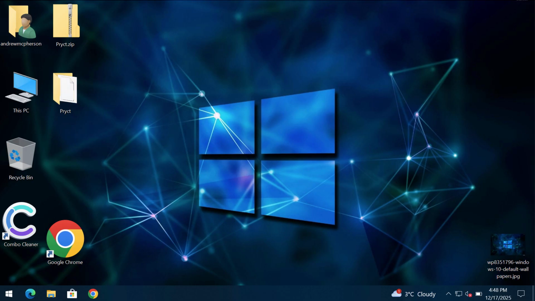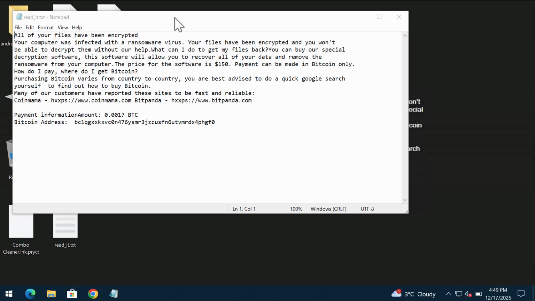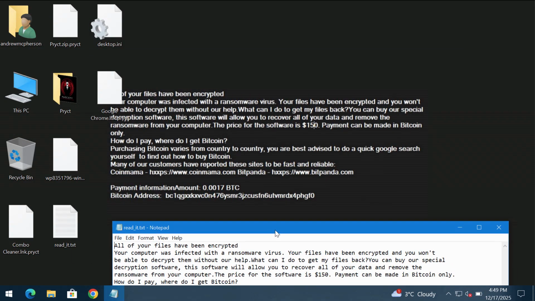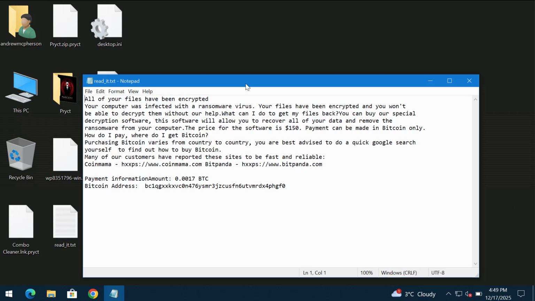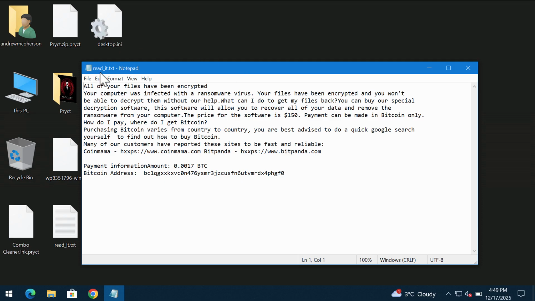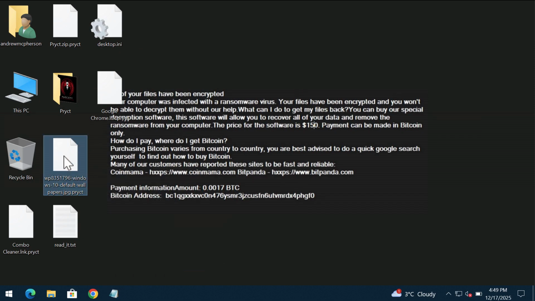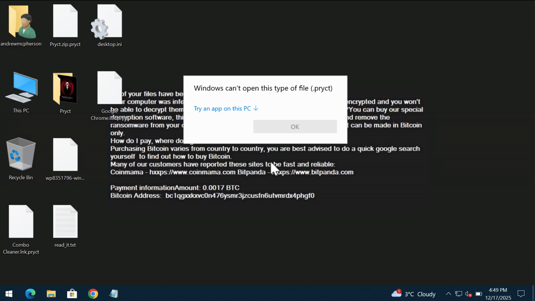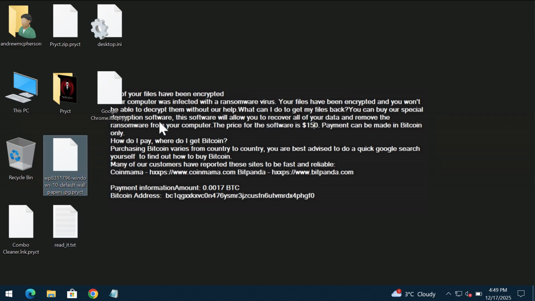their pictures, their documents. So the ransomware, as you see, changes the desktop background. It also reveals the ransom note titled readit.txt, and it also appends this Pryct extension to the file names. It is impossible to open the files, but I urge you not to waste your money and not to pay